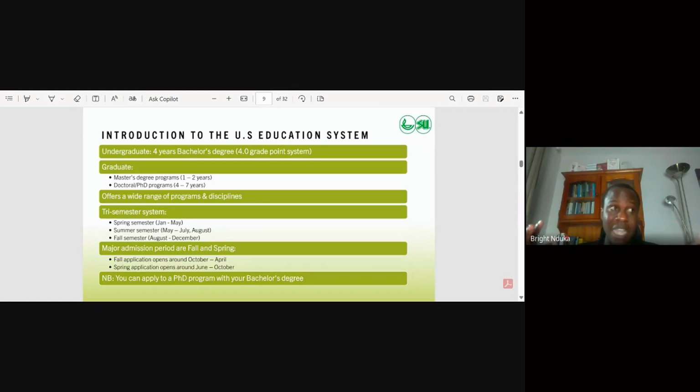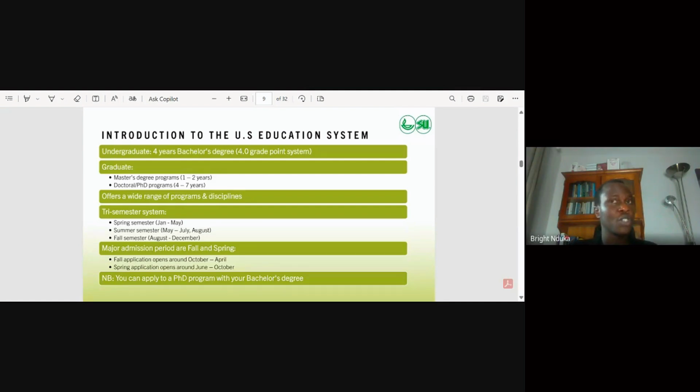Remember, for the United Kingdom, we have the 3. We have the winter period, which is actually September, October. We also have January, February intake, and then we have the minor intake, which is actually in May, which is 3. But for the United States, we have just 2, April and October.